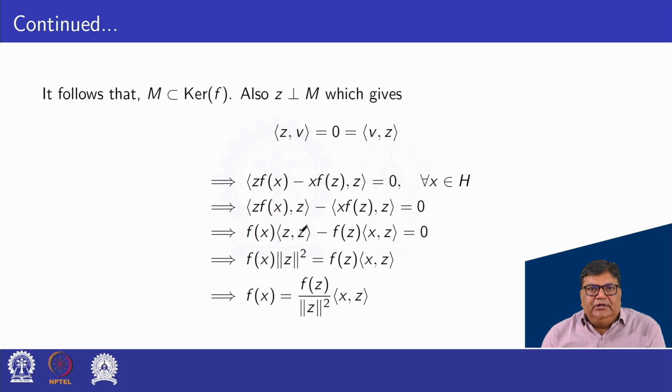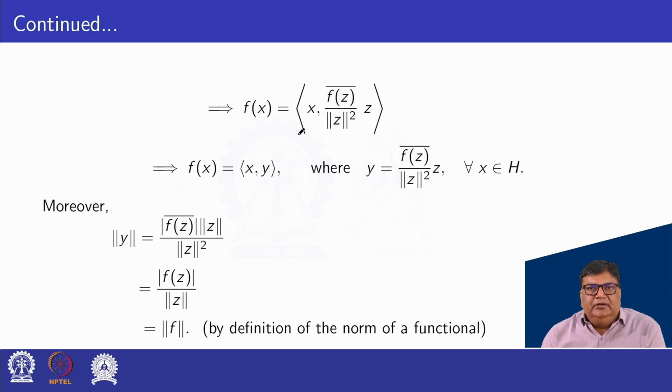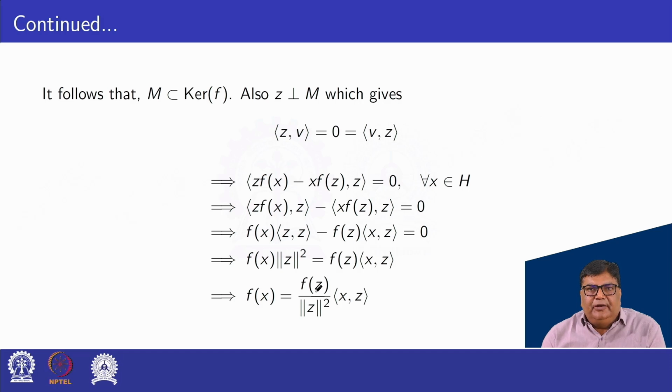Inner product of z, z, that is norm of z square. So this expression can be written as f(x) into norm of z square, and the right side is equal to f(z) into inner product of x, z. So we can write f(x) is equal to f(z) upon norm of z square into inner product of x, z. This implies, by the linearity property,